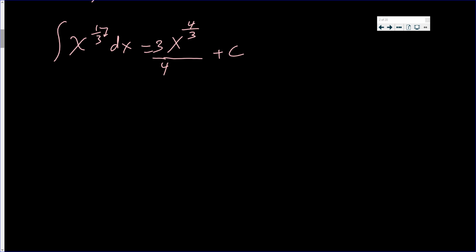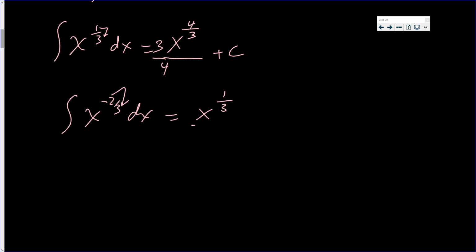So if you were asked to integrate x to the 1/3 dx, it's routine. You add 1 to that exponent. That's a fraction, so I'll add the numerator and the denominator, and I'll divide by the same denominator. Then you need to divide by 4 over 3, plus your constant. The integral of x to the negative 2/3 dx, well, add those two numbers, you get 1,